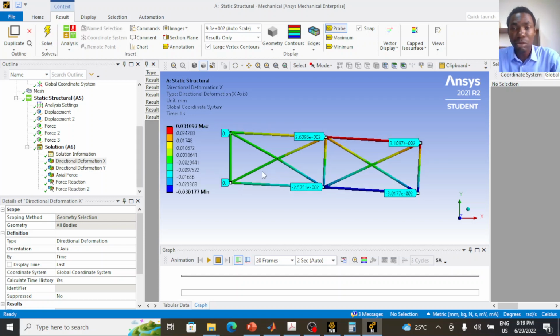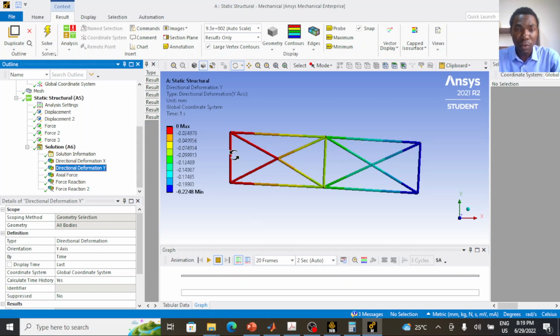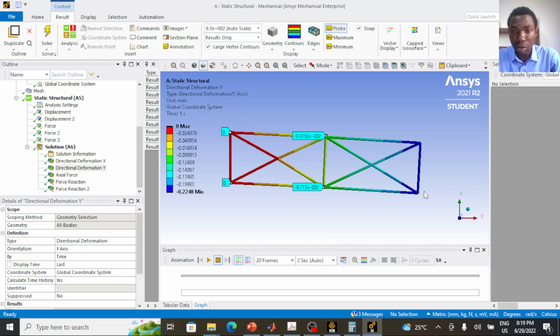So these are the deformation quantities. We can also do this for the y component. Probe, these are the deformation quantities in the y direction. This is deformation in the y direction. The unit is millimeter. For the axial force,